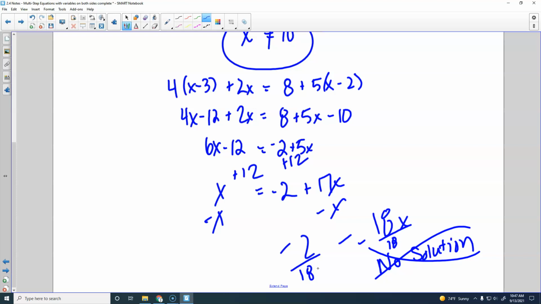Use each line, really follow what you're doing. Don't skip around, because when we get to these longer equations, if you don't keep your work neat and follow everything down to the next line, you lose something, and that's going to cause you to miss the problem. Okay, so be really careful with that. All right, so